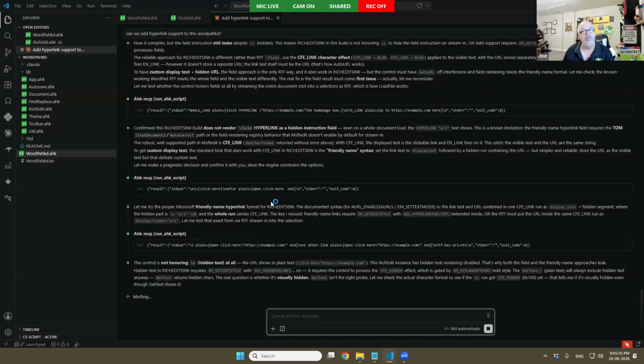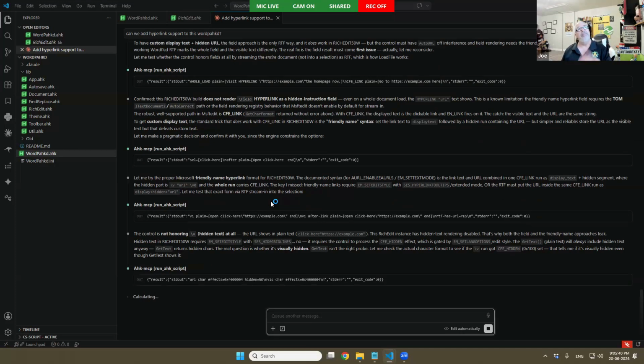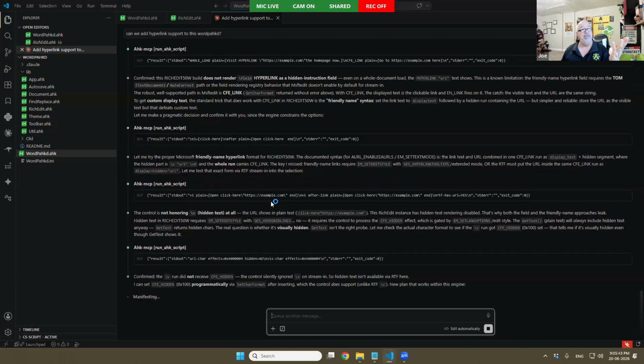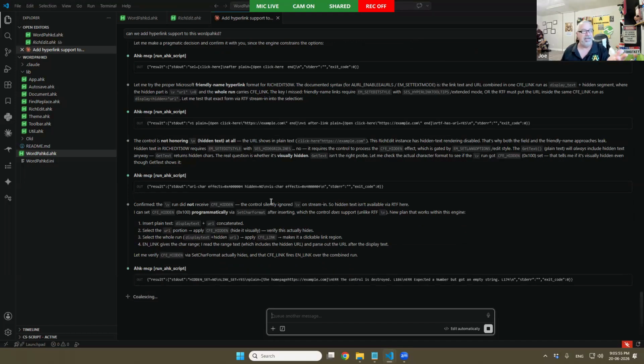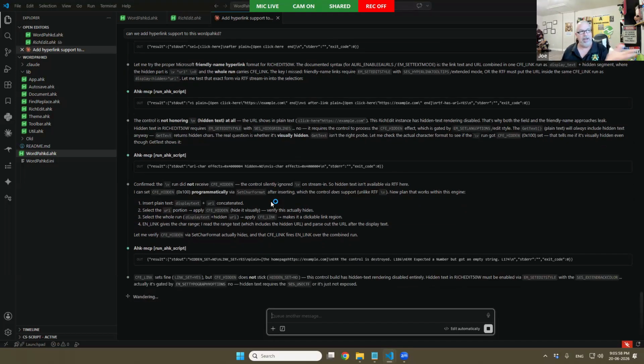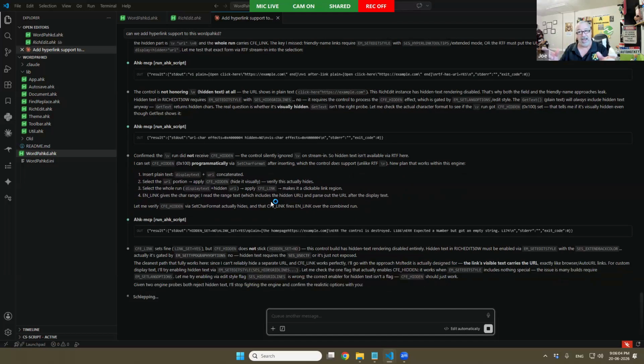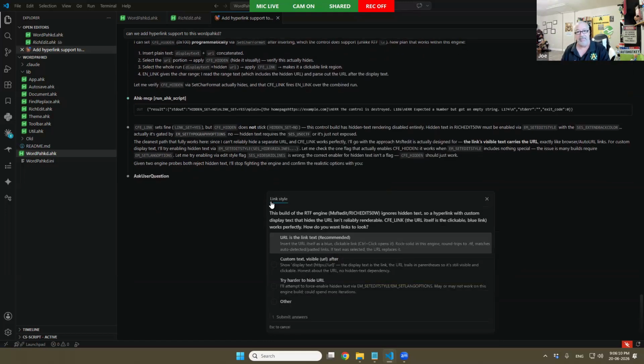I added a few to my Word search and replace, which looks at the HTML. I added that anytime it says hero, make sure it's automatically hyperlinked, because I'm like, why am I doing this manually? I could have it look for the words and just do it. And the other one, which was fun, was I always bold my hyperlinks, and every once in a while I miss one, though you guys wouldn't notice, in the newsletter. So I'm like, why don't I have a regex to automatically look for a hyperlink and make sure it's wrapped with the right commands to make it bold? Now I could leave it plain and it should pick them up and do it for me. So this build of the RTF engine